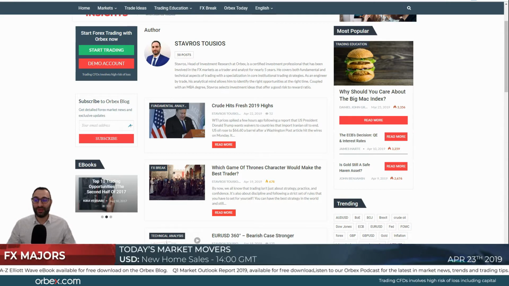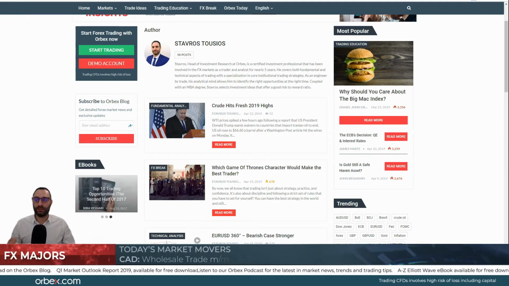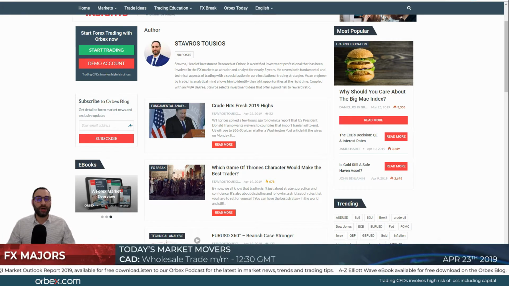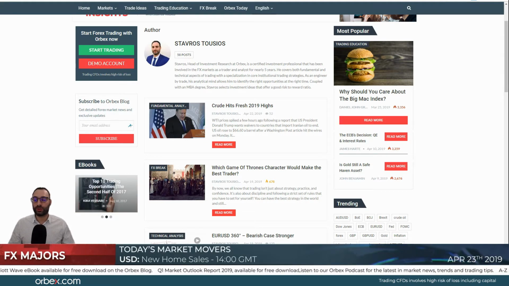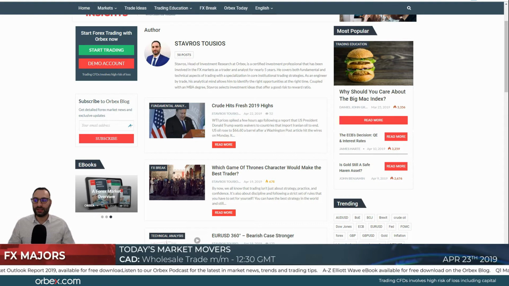Thin liquidity but relatively good moves were seen yesterday on dollar CAD, euro dollar, Aussie dollar and Kiwi, with only the first one actually making sense from a macro perspective. The rest were traded on technicals, unless of course the Aussie and Kiwi were sold off on Trump's decision to drop sanction waivers on Iran's oil, as this would have an effect on China and perhaps an effect on the trade talks too.